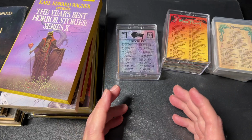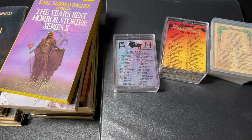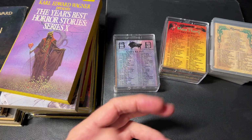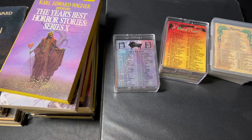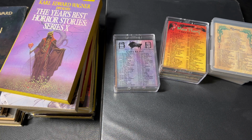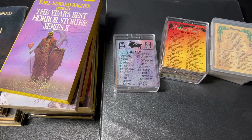Okay, in today's episode, we are taking a look at artist trading cards. And specifically, we're taking a look at trading cards created by artists who contributed to fantasy and science fiction art. And this is a surprisingly affordable sub hobby to get into. And I say sub hobby because they are tangentially related to a lot of the things we love on the